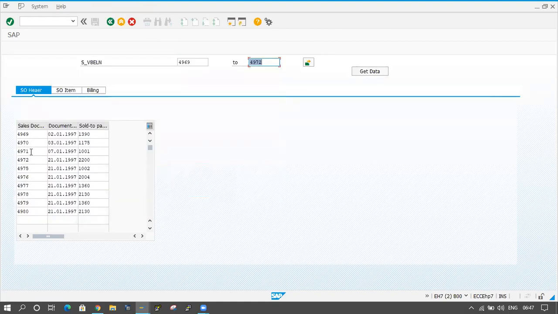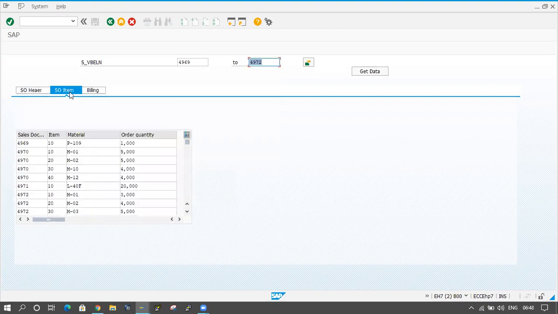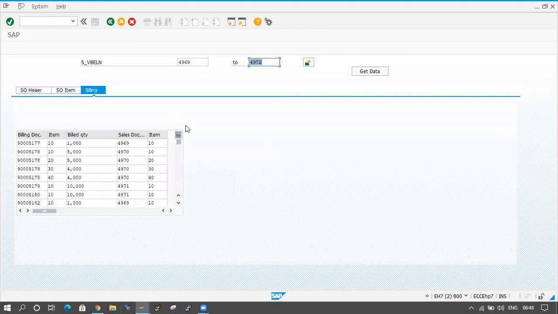Okay, 4969 to 72 is coming, but 73, 74 is not coming because I am not taking 73, 74 in the range. From 75 to 80, I am taking. You can check the item information. The scroll down also working here under billing information.